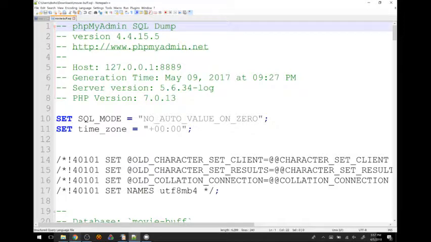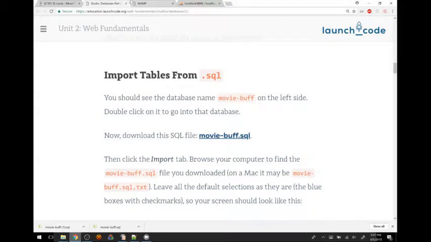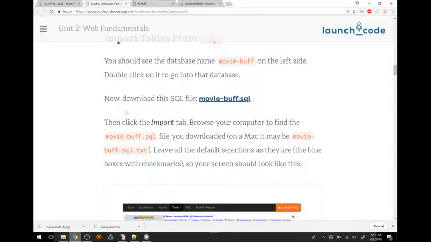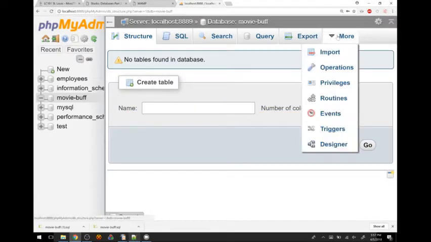What we're going to do next is run this code on our server so that we actually get this data into our database. So I'm going to go back to the walkthrough. There's a couple ways we could do this, but the quote unquote officially sanctioned way to do this is to open up phpMyAdmin. Make sure you have this selected, right? It says double click. You don't have to double click. You can just single click, I think, and that's okay. And then we need to do an import. So mine's under this More tab.